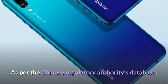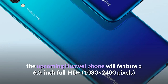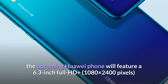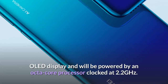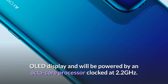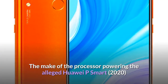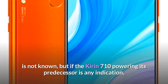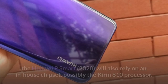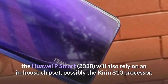As per the Chinese regulatory authority's database, the upcoming Huawei phone will feature a 6.3-inch Full HD+ 1080x2400 pixels OLED display and will be powered by an octa-core processor clocked at 2.2 GHz. The make of the processor powering the alleged Huawei P Smart 2020 is not known, but if the Kirin 710 powering its predecessor is any indication, the Huawei P Smart 2020 will also rely on an in-house chipset, possibly the